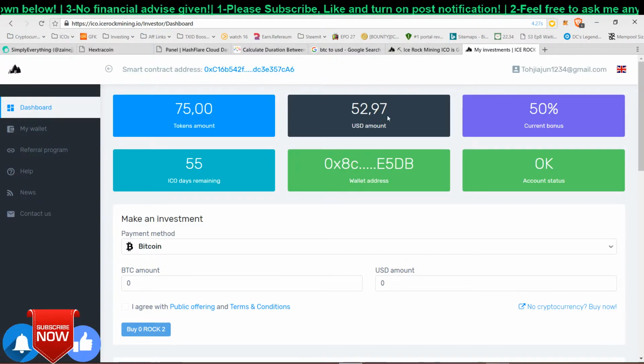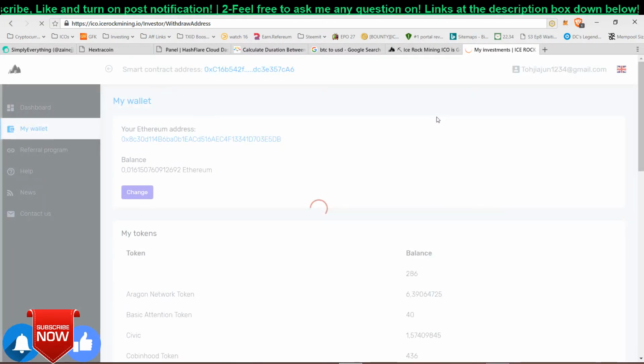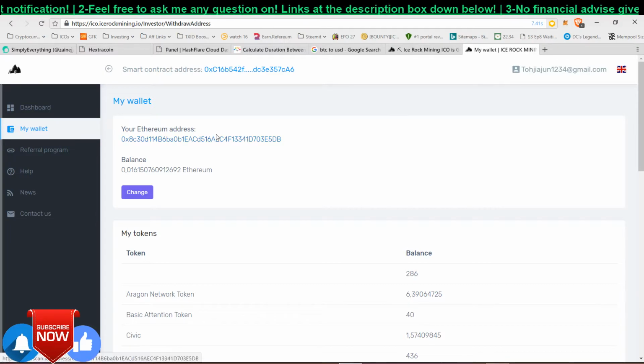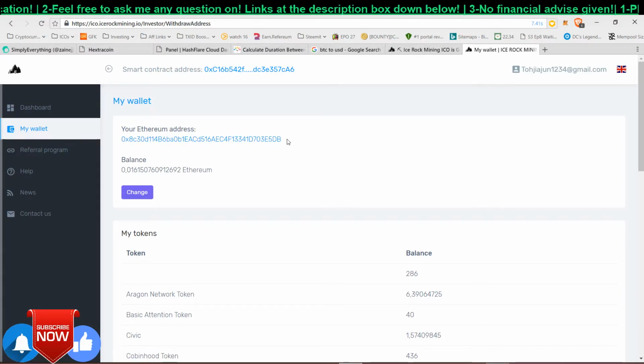So this is a dashboard. I'm going to teach you how the dashboard works. Technically, the first thing you do when you have signed up a brand new account is you will see my wallet. You just click on my wallet, and after that it will prompt you to enter your Ethereum address. Do not enter anyone's Ethereum address, or your friends' or whatsoever. Create your own Ethereum address using MyEtherWallet, and after that enter your ERC20 supported Ethereum address,